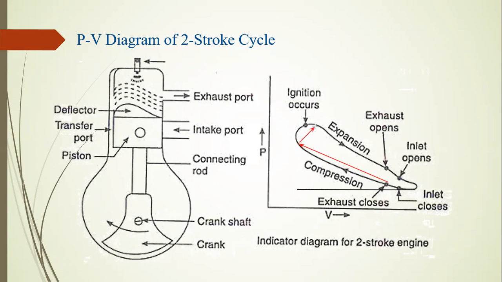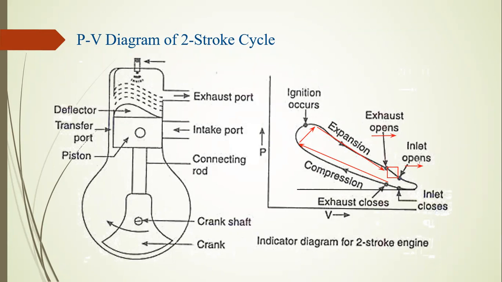And then after, we have to ignite the fuel in the power stroke. That's called ignition occurs. The next cycle is the piston moving in the downward direction. That's called the expansion stroke. At this time, the exhaust is open and the inlet is open. During these two processes, some of the fuel is wasted. In this portion, exhaust and inlet are both open at this parallel level to push the exhaust gases from the cylinder, and some of the air-fuel charge is also lost from the exhaust port.